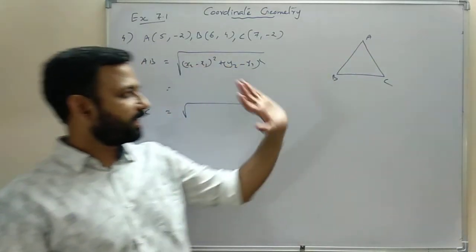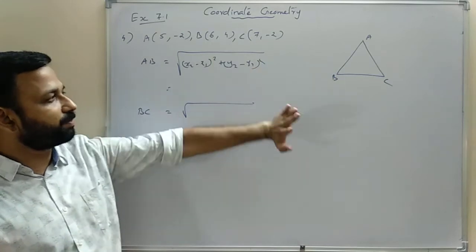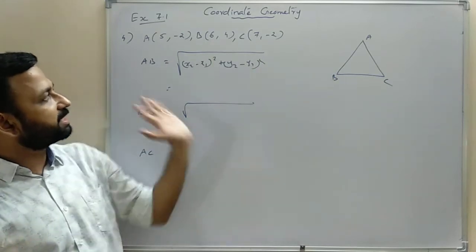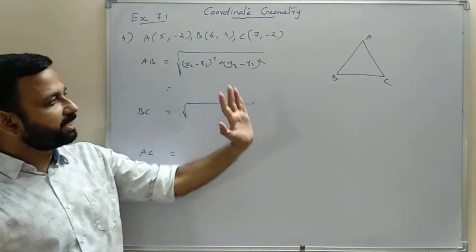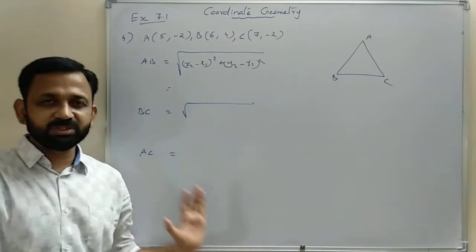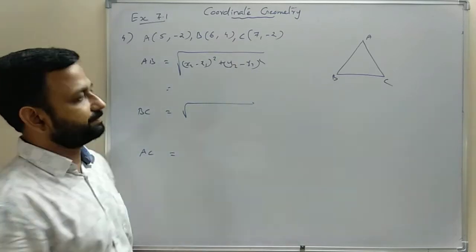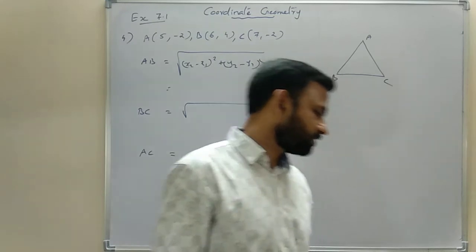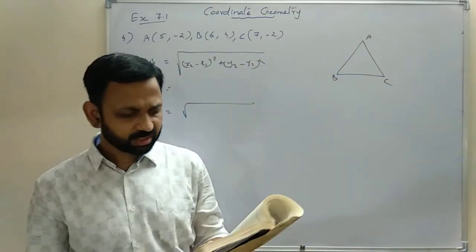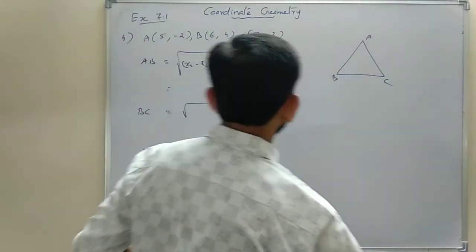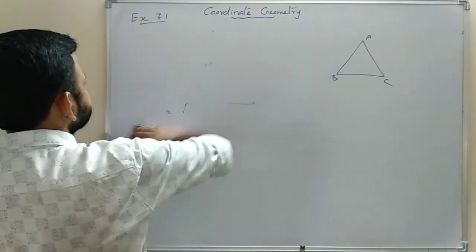So we already learned how to find the distance between 2 points. So by using that method we can find AB, AC and BC using the distance formula, then compare. That's it. So that question you can do. Now we are going to do question number 6. Sixth one.